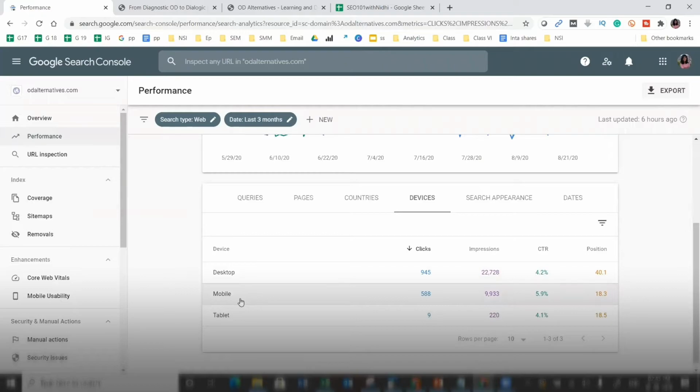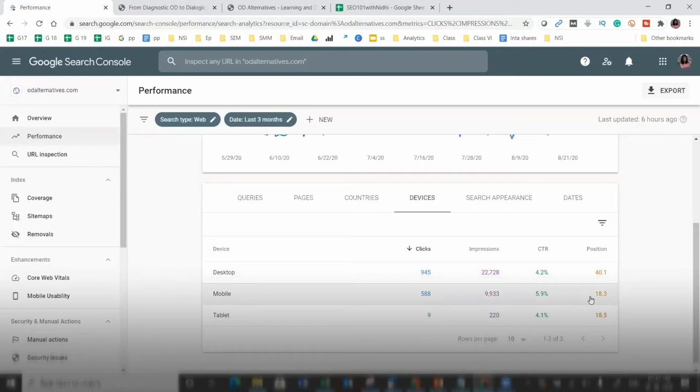And more often than not, it's pretty intuitive to me that I need to optimize my entire site for the mobile view. However, in this case, this is a very strange case where a maximum of 22,000 impressions and maximum traffic is coming through desktop. So I need to make sure that my desktop experience is far superior.